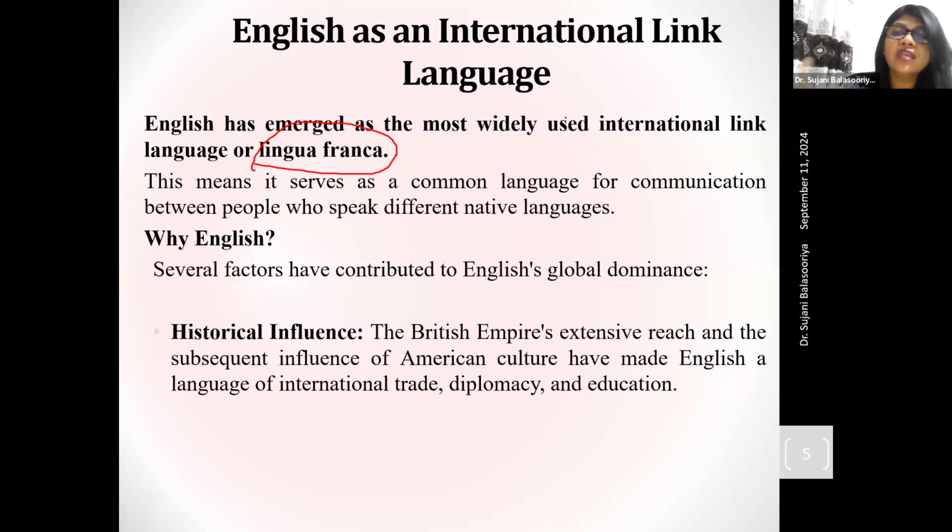And also we associate the idea of link language, right? Link language means a language that can be used to link,